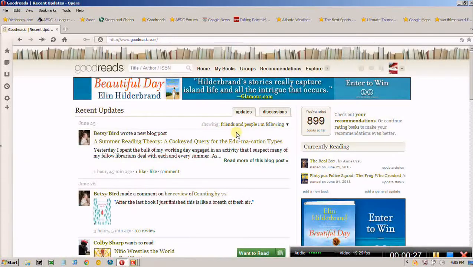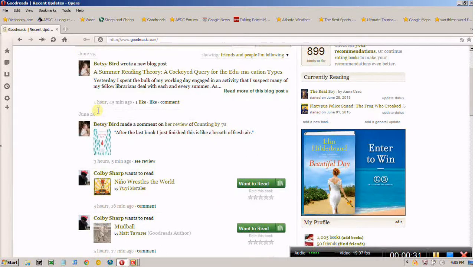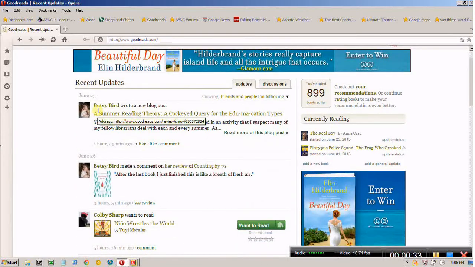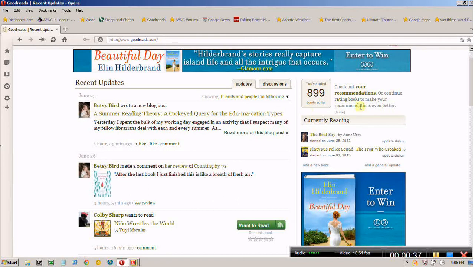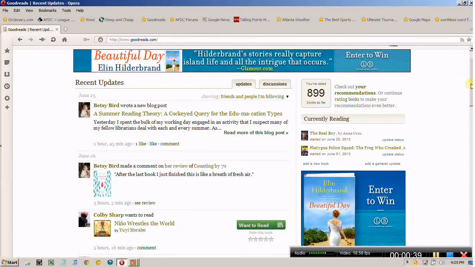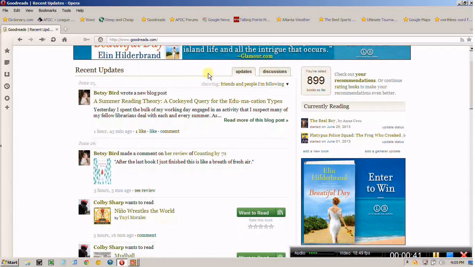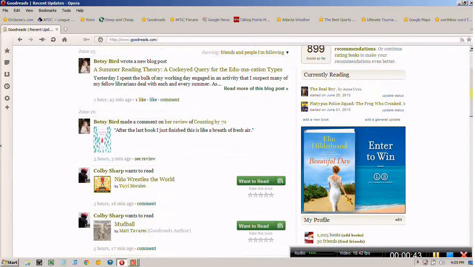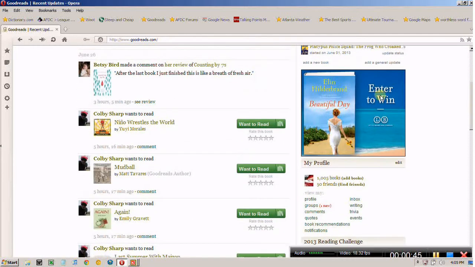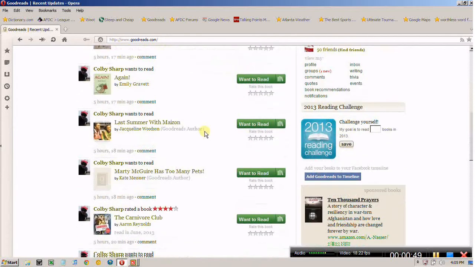We're going to go ahead and look at Goodreads right now. After you've logged on, you get a home screen with your recent updates from what your friends have been doing. Goodreads is very interactive. It's a social network, much like Facebook, but just for your reading. So when you log in, you see what your friends have been reading. If your friends have blogs, it'll show you what they've posted. It'll tell you what they might have added as things they want to read, as well as rate things